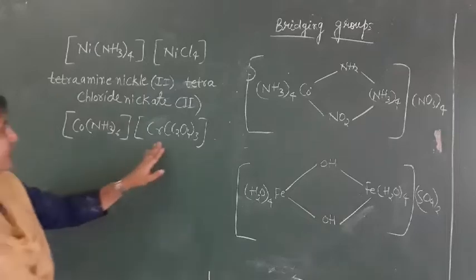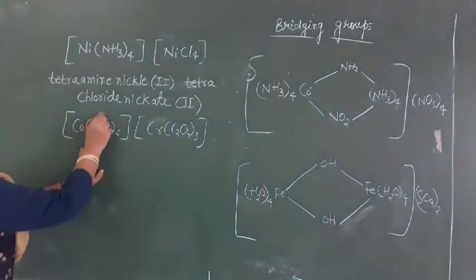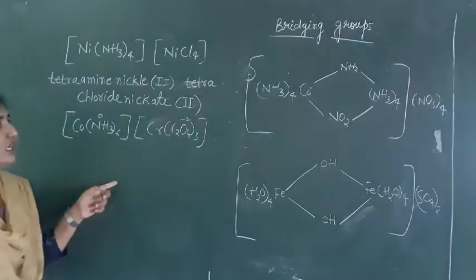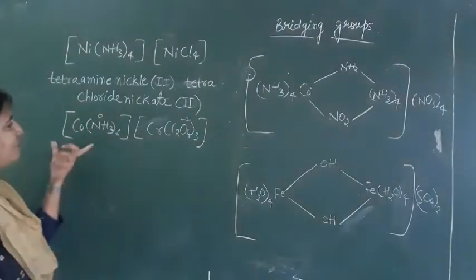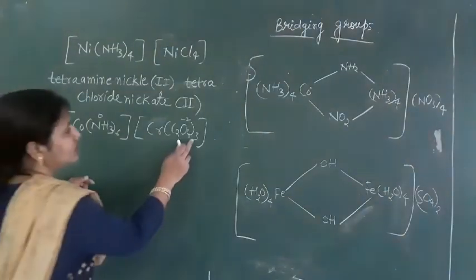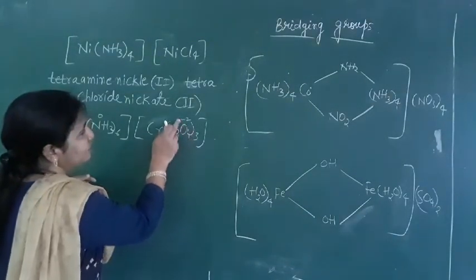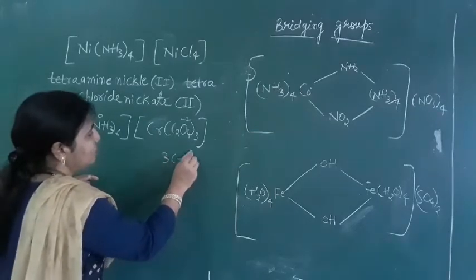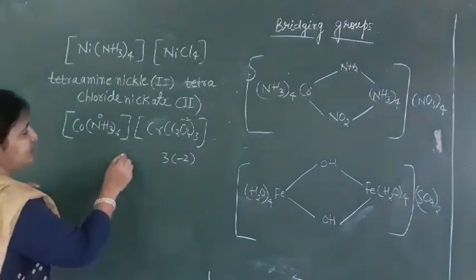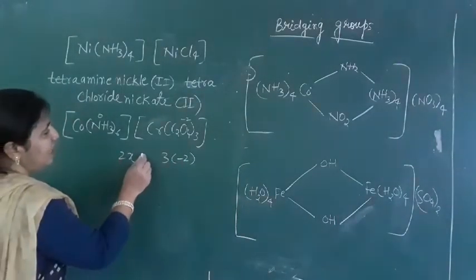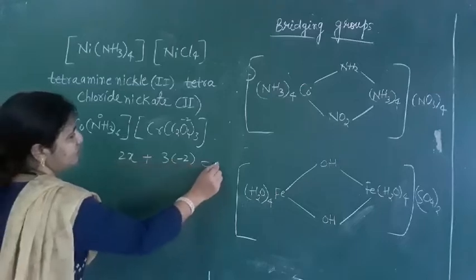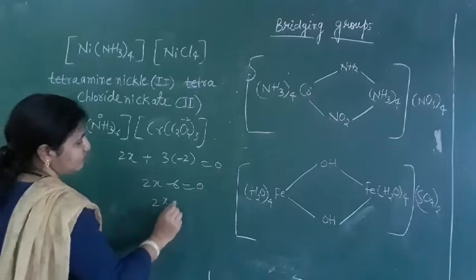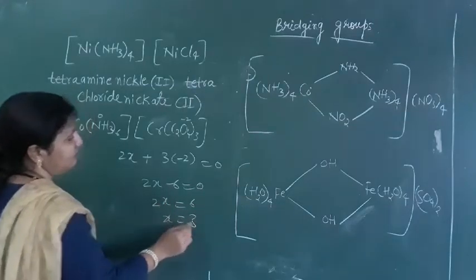Okay. Next you see here. Here also see this amine is 0. C2O4, the charge is what here? Minus 2. Oxalato it is. So 2 metals we have here. How to find out the oxidation number? So 3 into minus 2 charge for each. How many are there? 3 are there. So that's why 3 minus 2, so totally minus 6 charge it is. You have to take 2x plus 3 minus 2 is equal to 0. So 2x minus 6 is equal to 0. So 2x is equal to 6, or x is equal to 3 we will get here.